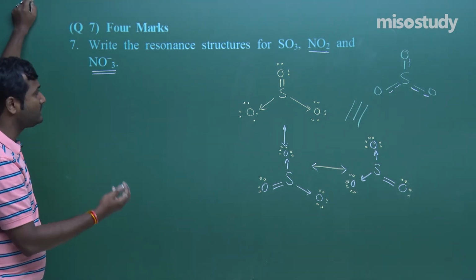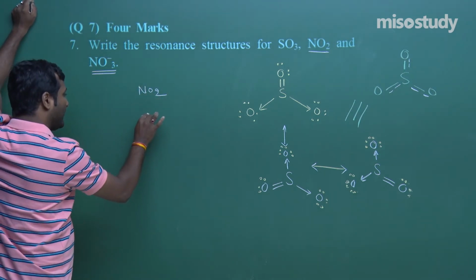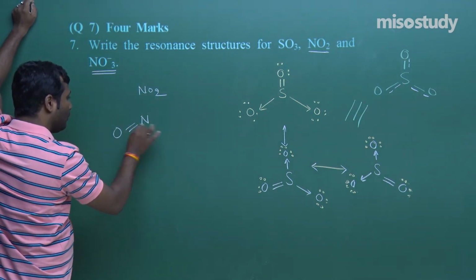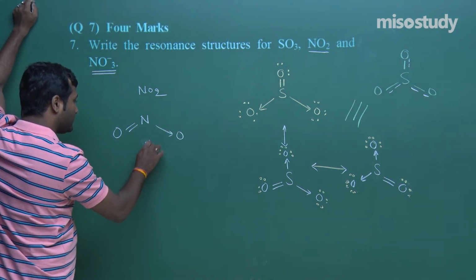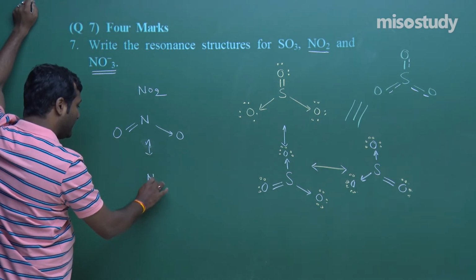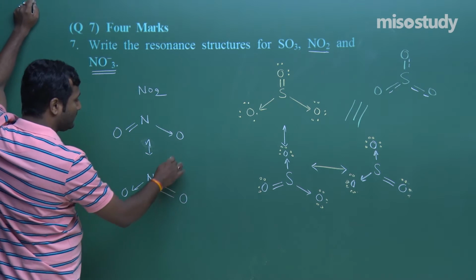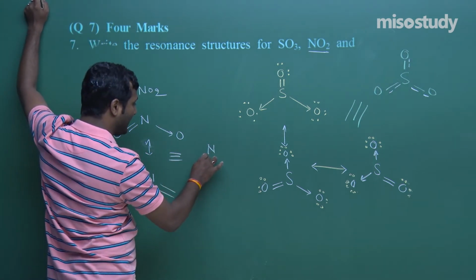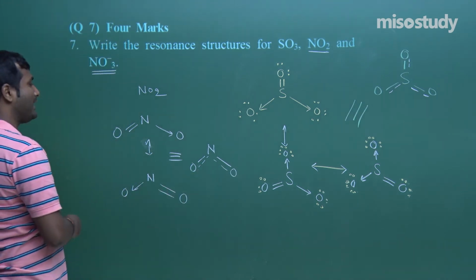So, by using this, if anyone asks you to draw the structure of NO2, again you can draw. This one is O, this one is a coordinate linkage. Now the second resonating structure will be like this, N, O, double bond O, and the resonance hybrid will be like this, N, O, O. Clear to you? You can easily draw.